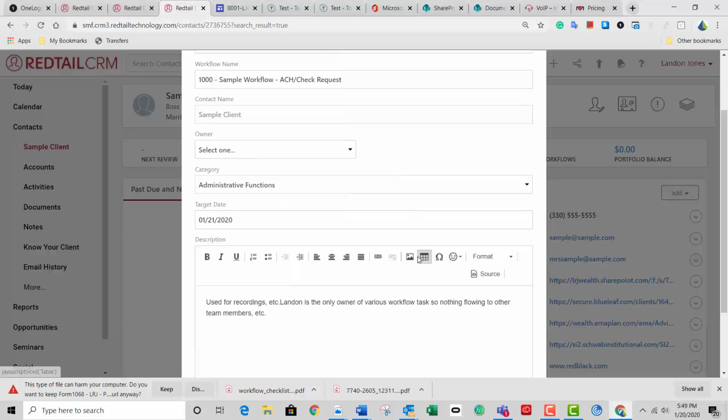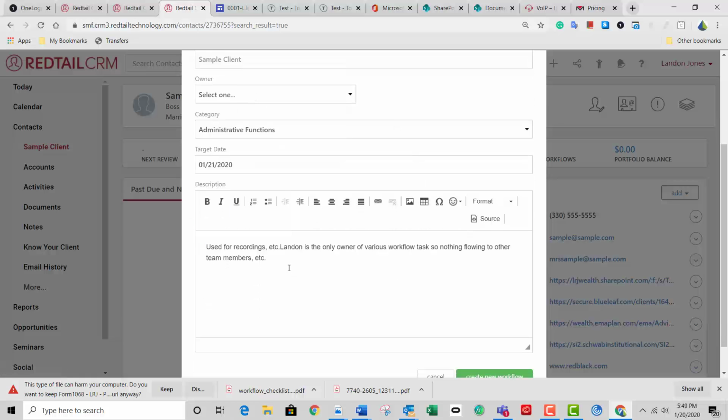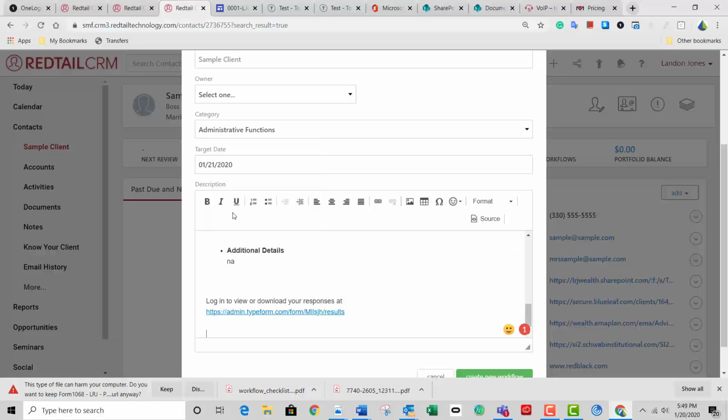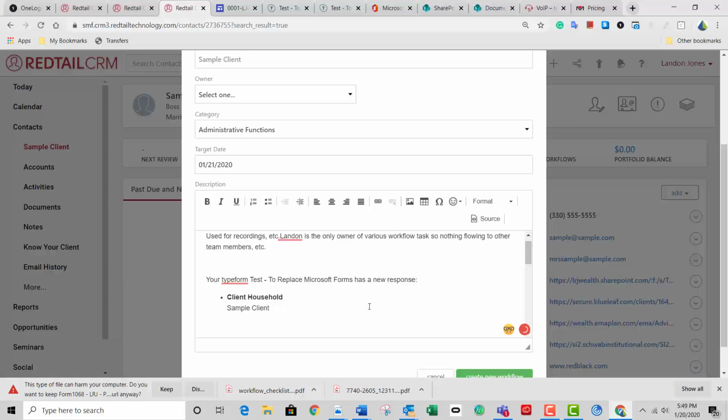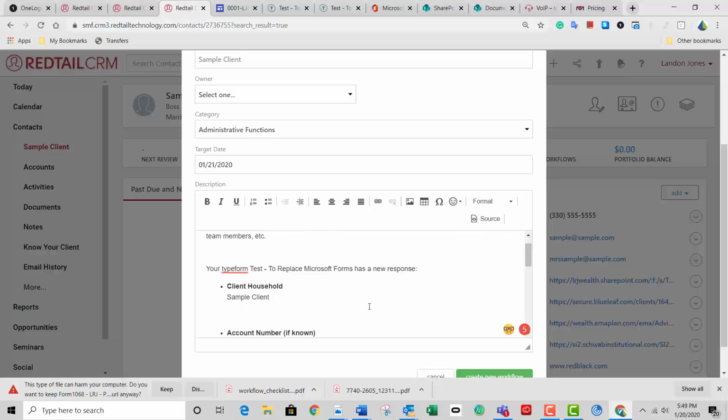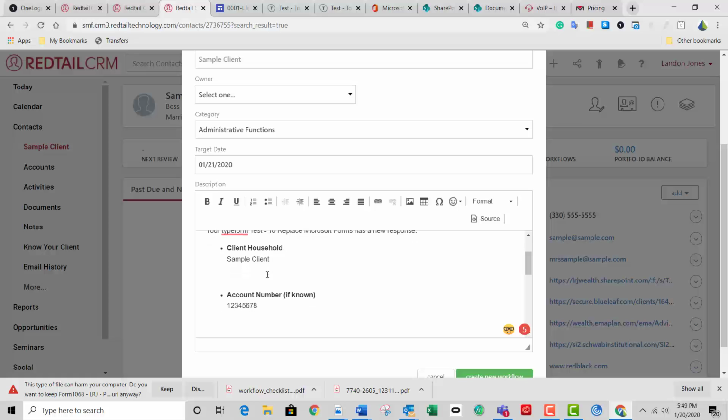It might matter if this is a detail, but now here's where this data that just got submitted in the online fillable form comes into play. I'm going to paste it. So here's all the information that the team is going to need: the name of the household, the account number that we're going to pull the amount out of, how they're going to